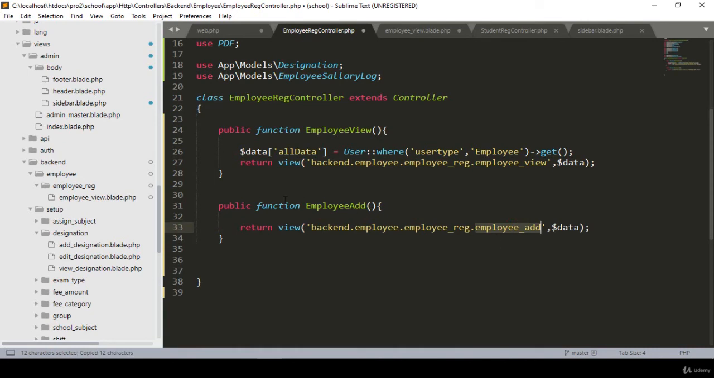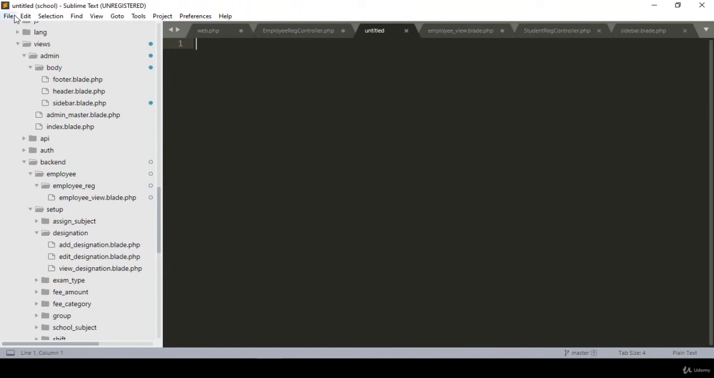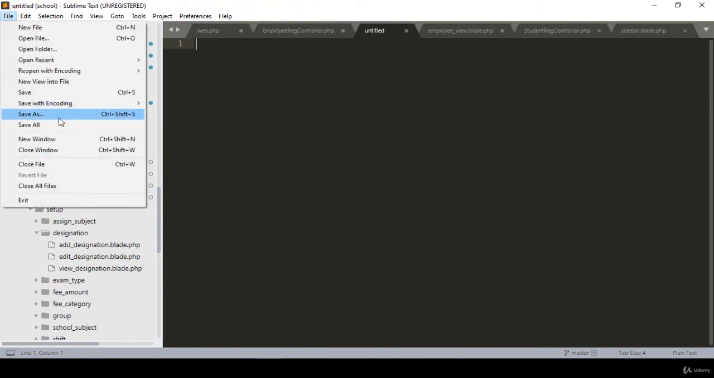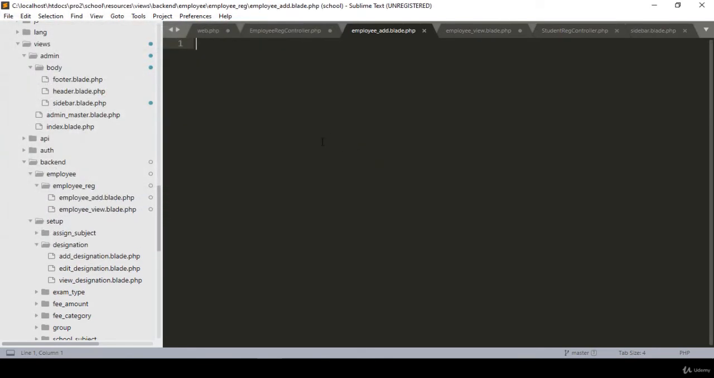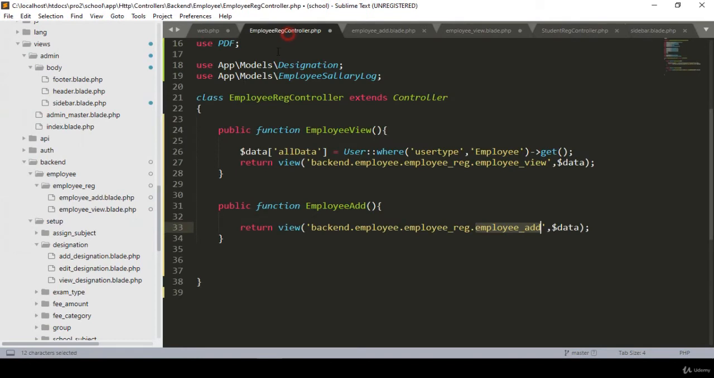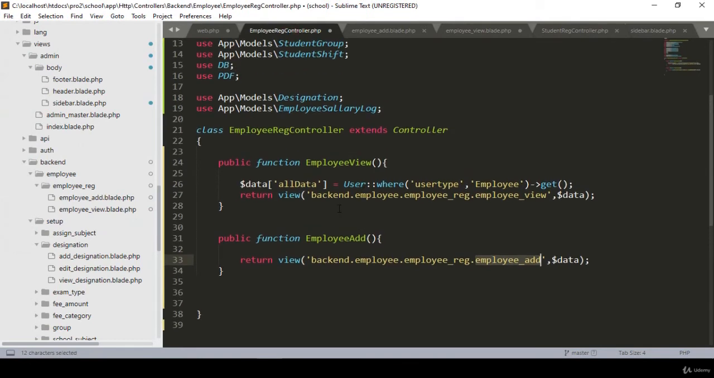I copy it and now go to our employee registration folder. I want to create a new file. Now click save as, and now that will be employee add.blade.php. Okay, so into the employee blade, also here, as I told you before, friend, here I want to load